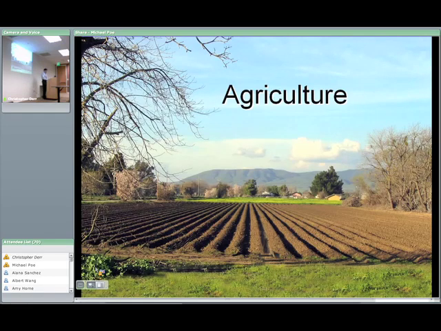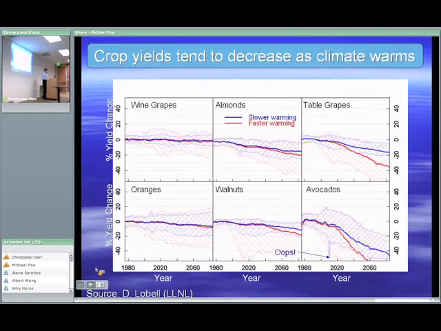Other factors influencing agriculture are potentially pests. And this one, which is simply that a lot of crops don't like warmer weather. This is work done by my colleague David Lobell. He looked at projected changes in yields. I'm showing you six perennial crops. He looked at perennial crops because they're hard to adapt, precisely because they're perennial. There are families of curves for different greenhouse gas emission scenarios. He's showing changes in yield going out to the end of the century. There's uncertainty and so on, but the trends are all down.